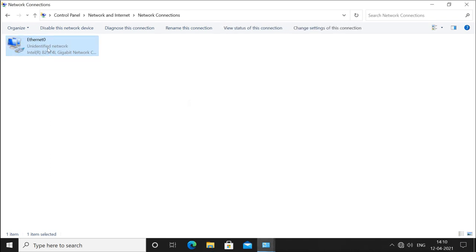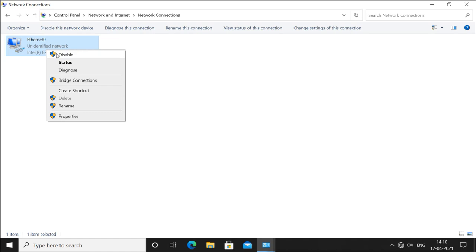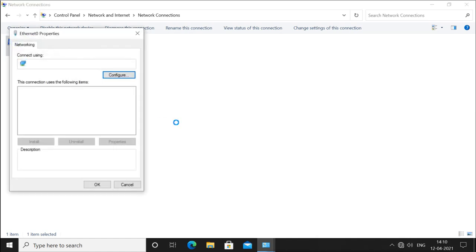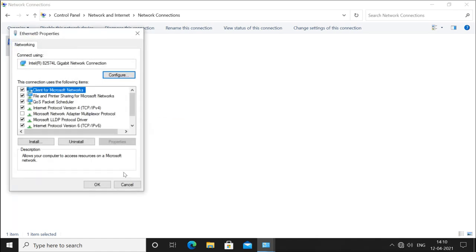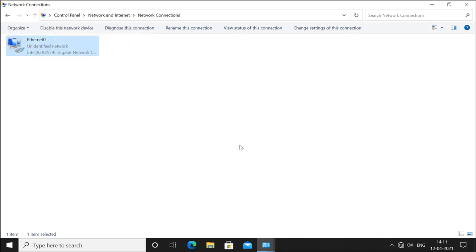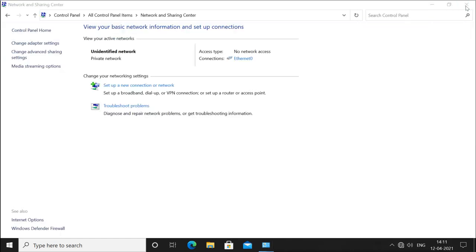And if you are having any problem, then you can go for diagnosing also, and you can rename your interface. By default it is Ethernet 0, and you can go to properties to configure the IP address again. So this is also one option, and which is the main option you use to configure the IP addresses in our Windows 10 machine.